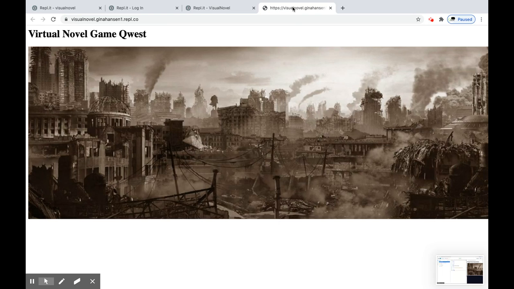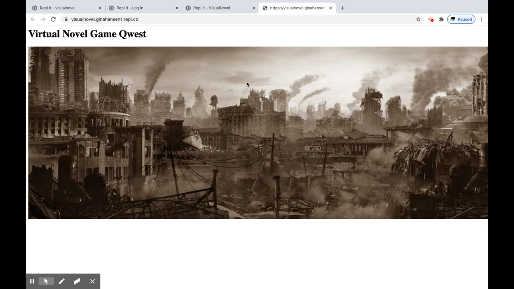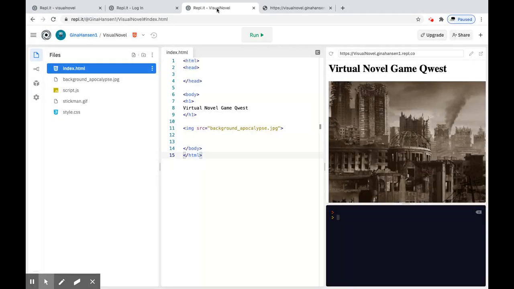So when I look at my page, here's my, I mean, dang, somebody did an awesome job. I don't know what they made this out of, but doesn't that look like a great place for the zombie apocalypse? And you could look up my REPL right now, visualnovel.ginahansen1.repl.co, and it will show you this, okay? But when I go back to my code,